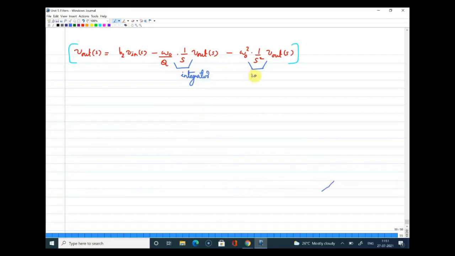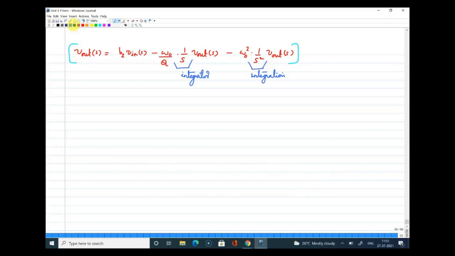So this can also be understood as a cascade of two integrators, right? So what we will do now, before seeing the actual implementation proposed by KHN, is try to convert this into a signal flow graph, right? Are you aware of something called a signal flow graph? Okay, no problem. A signal flow graph is basically a pictorial representation of the relation between input and output with the help of some elements like adders or multipliers or some specific blocks, right?